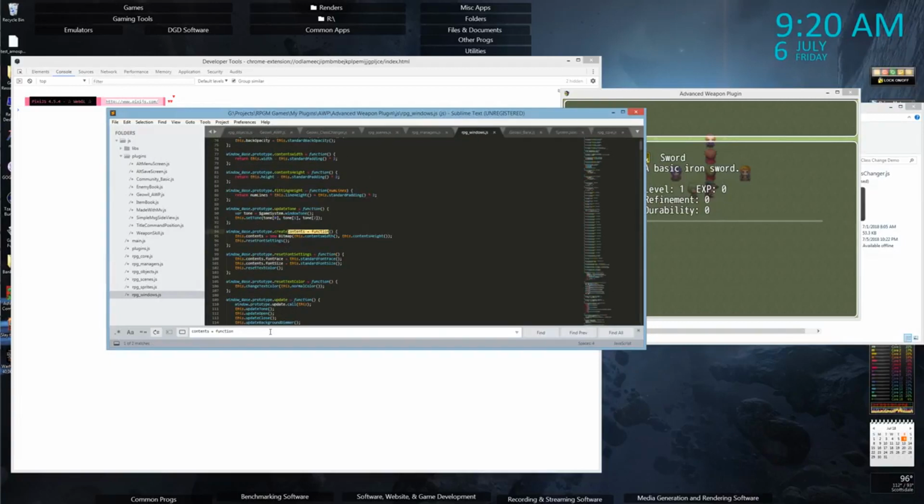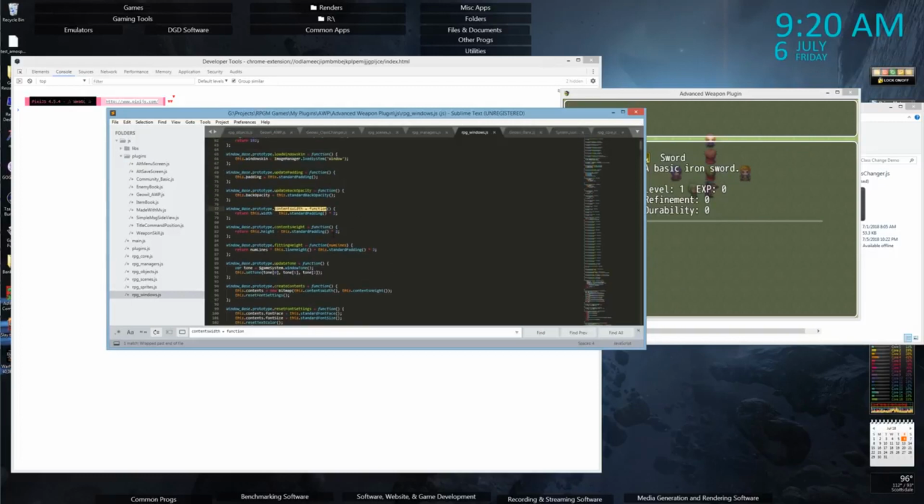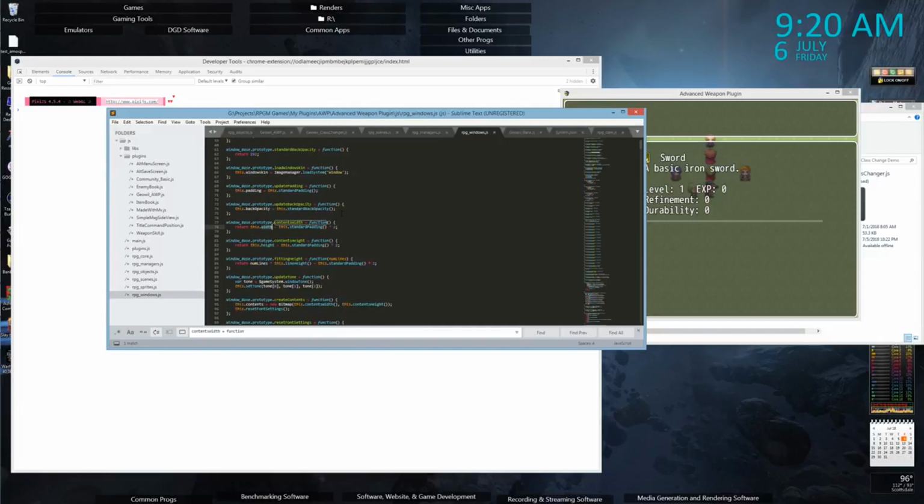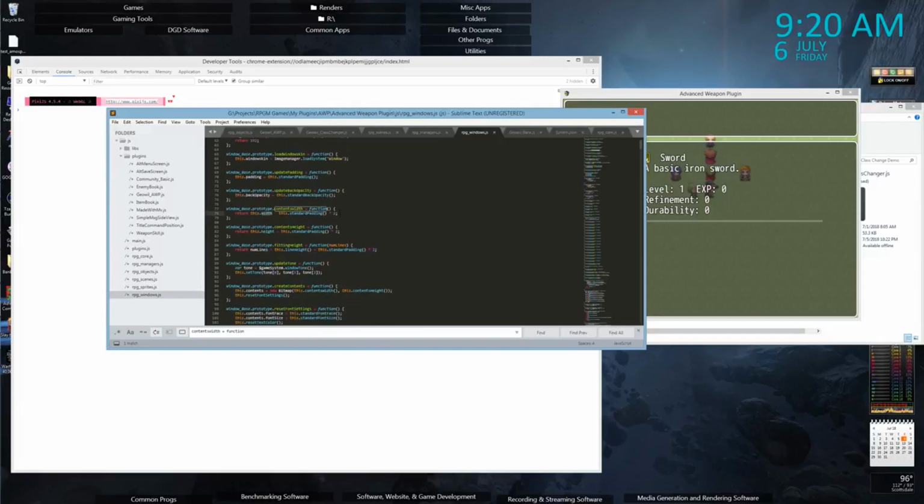This dot contents width and height. So contents width and content height. What pulls this? So this dot width, yeah, so it's the window width. And standard padding. Oh, there's actually a width. Okay, so we could use this width. But wait,